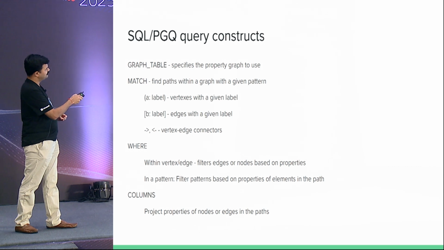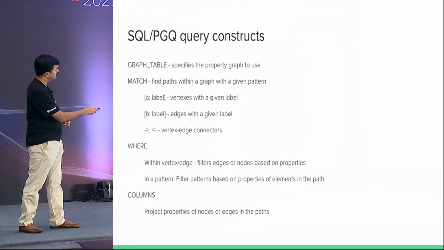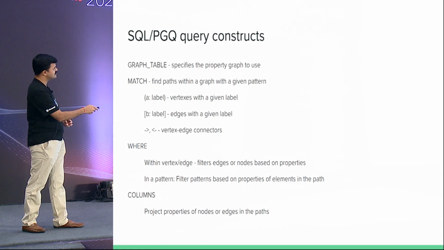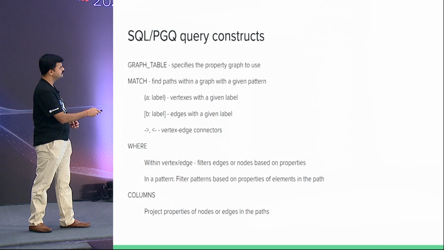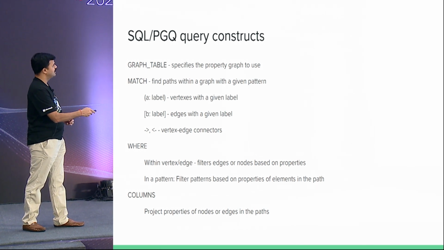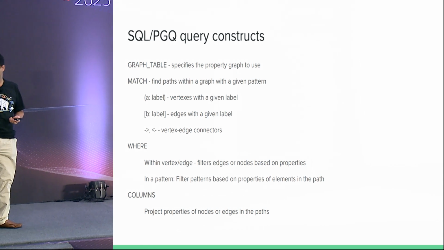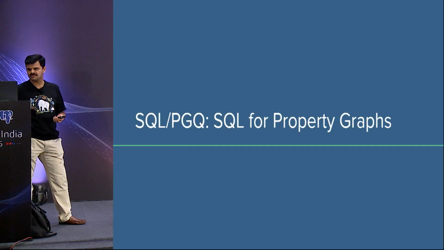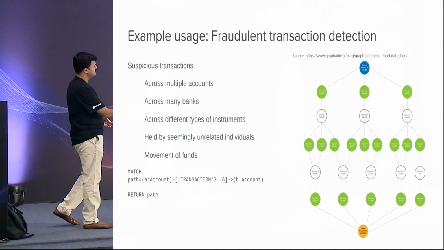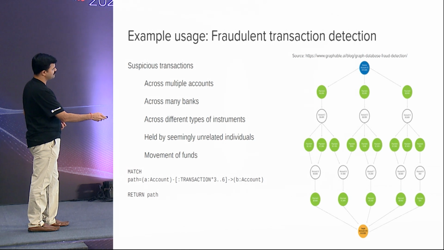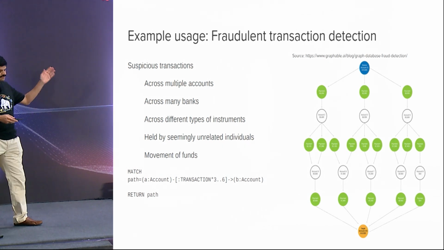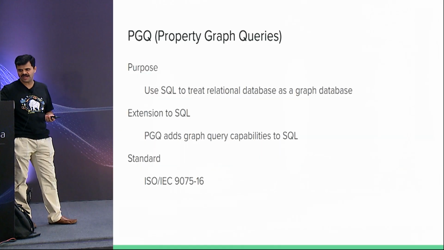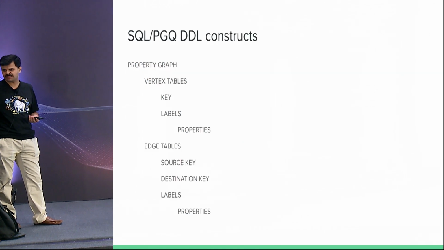So the first construct there shows the vertices. The second construct shows labels, and the arrows usually connect vertex to edge or vertex to vertex, and it gives a pattern, something very similar to what we saw here. This is the pattern that will be part of the match. But before match, what we add there is the underlying mapping that is to be used for this